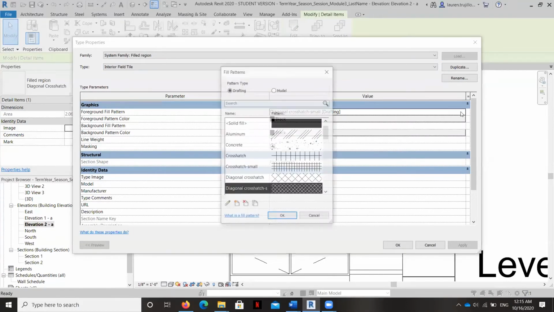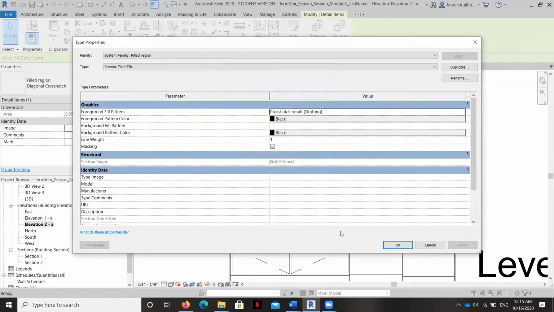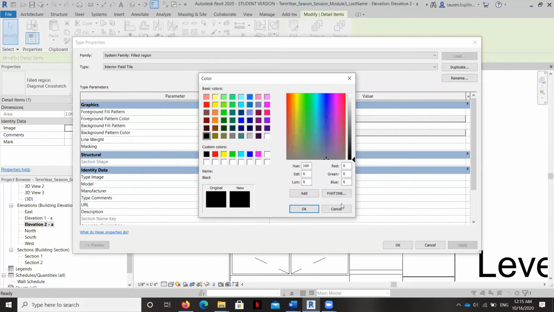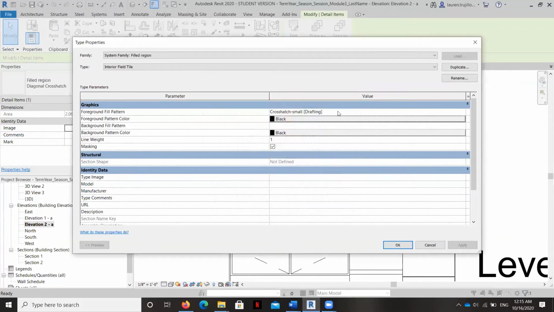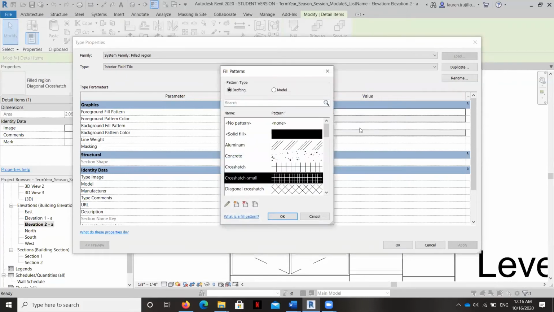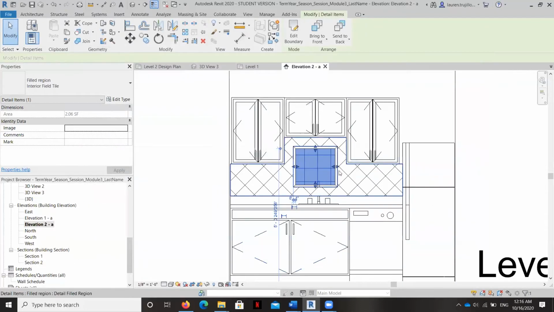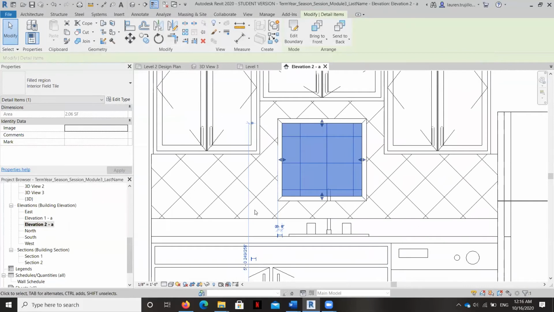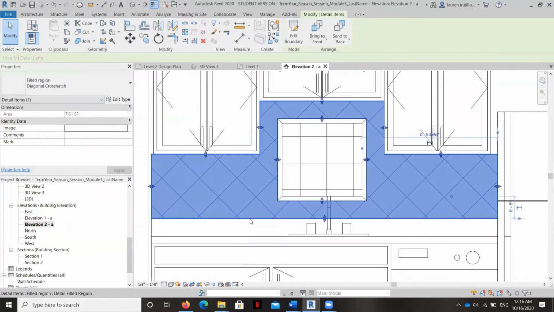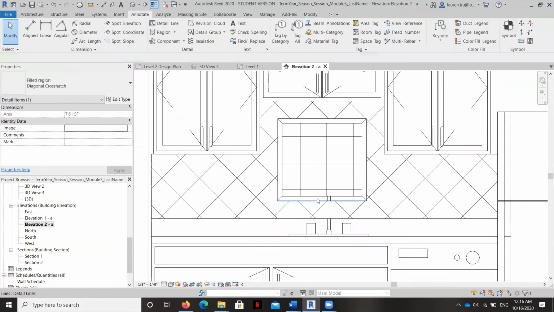Now let's see if this changes it. It should not say crosshatch small. Let's see. Okay, now see how they're different? Because they're two different patterns, or two different like filled regions, I guess you could say.